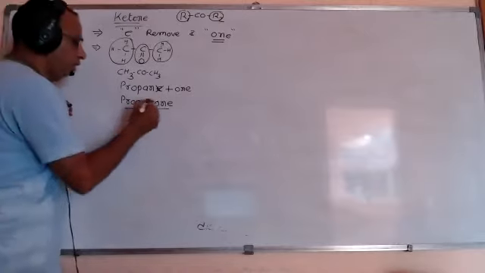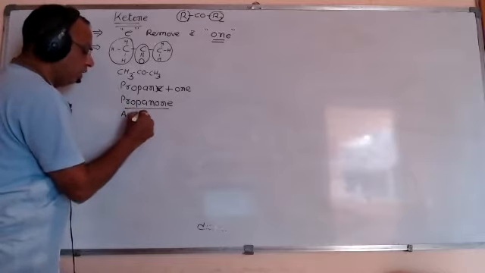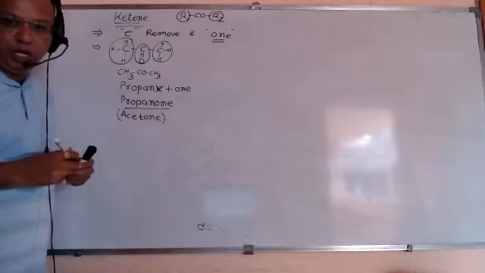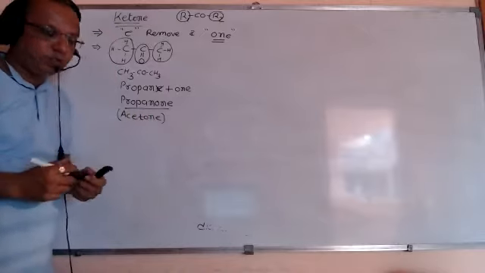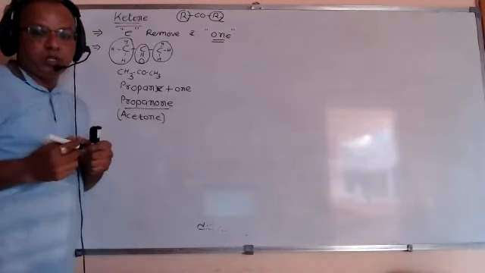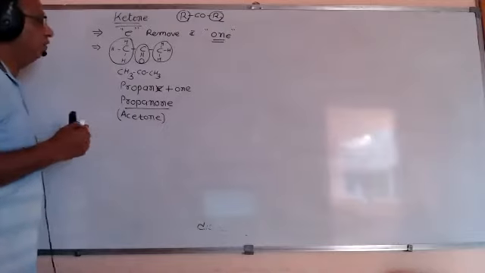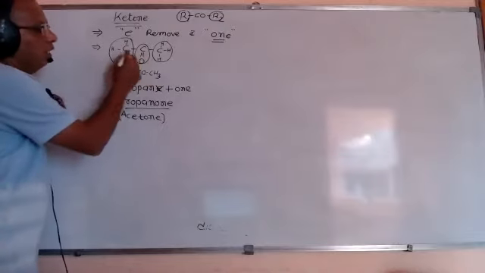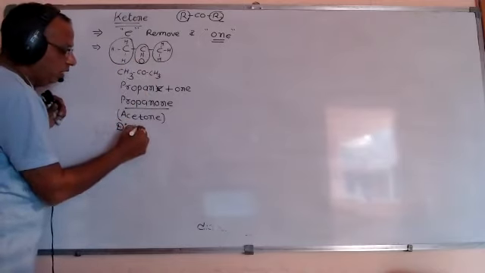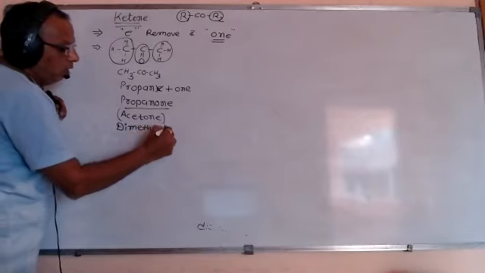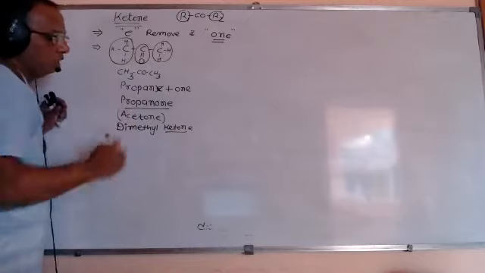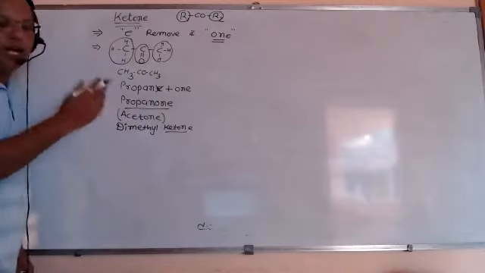This is the first member of ketones. Its well-known name is acetone. It is nail polish remover, right? Acetone or propanone, it is nail polish remover. What is one more common name? For the common name, there are two methyl groups, so it is dimethyl ketone. Ketone is for CO and two CH3 are there. That's why it is dimethyl ketone.